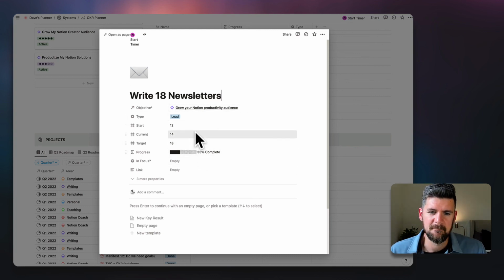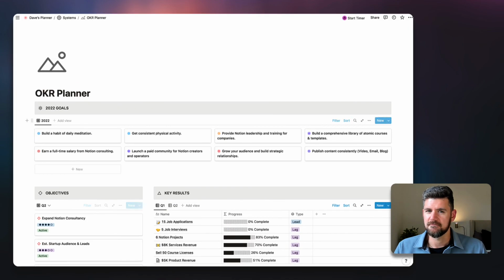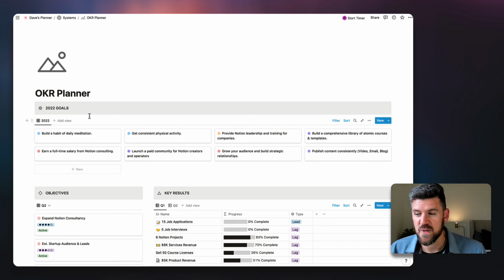Didn't quite get there, but that's just a quick note on that one. Annual goal, aspirational, doesn't have to be too specific. Quarterly objectives, where do you want to be by the end of the quarter when it comes to your work or personal areas. And then key results are specifically the metrics that you're tracking to get there.